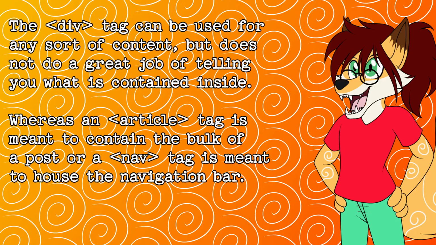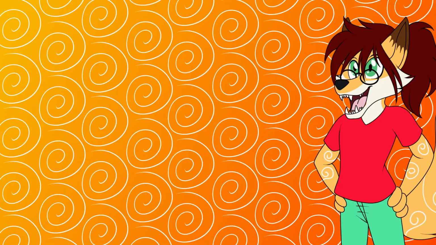Tell the code that anything inside of them is in its own section and should be treated as separate from everything else above or below them in the website. This is important, separating everything into its own section, as it makes formatting everything later a lot easier. So if all of these tags, or at least most of them, do the same thing, what's the point of